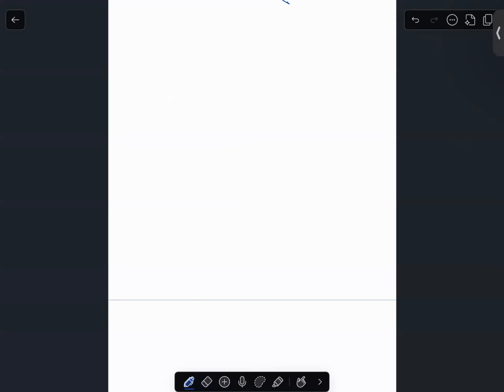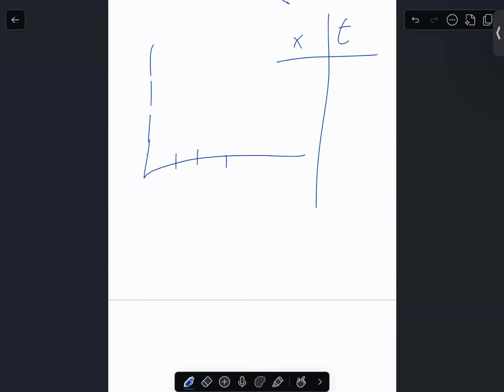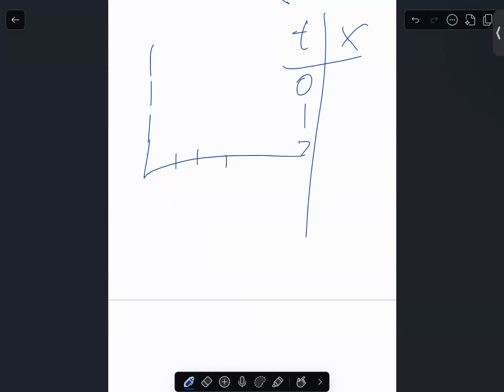Tell me if you get this right or wrong. If I give you an X, T table, I usually put the independent variable on the left. If I go at 0 seconds, 1 second, 2 seconds, from 3 to 5 to 6,